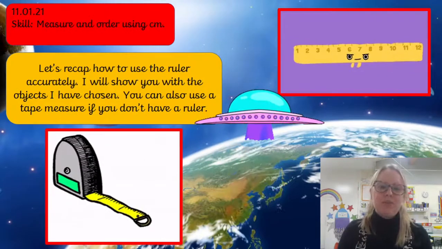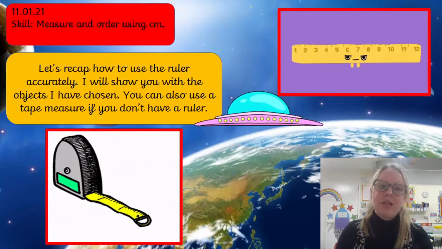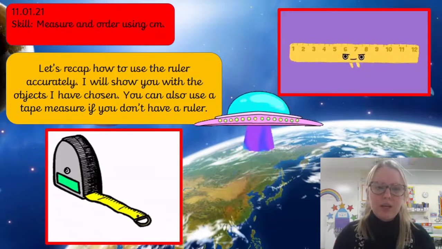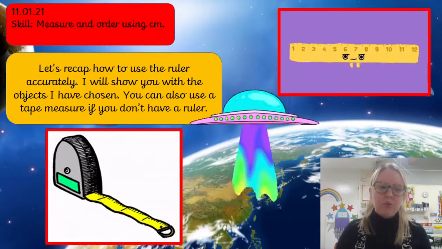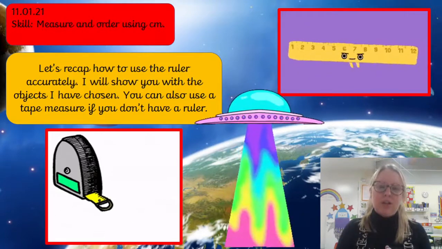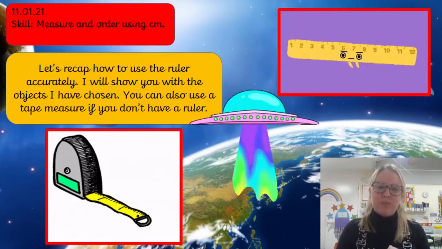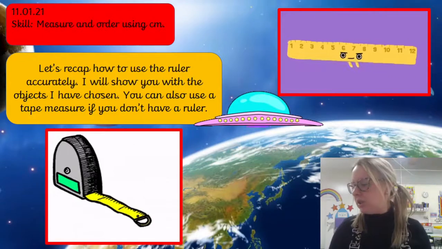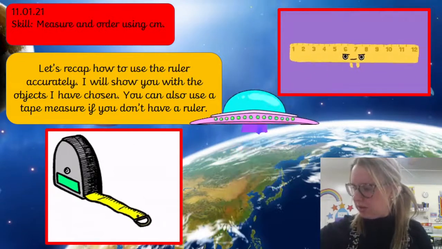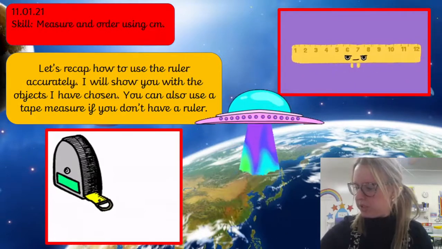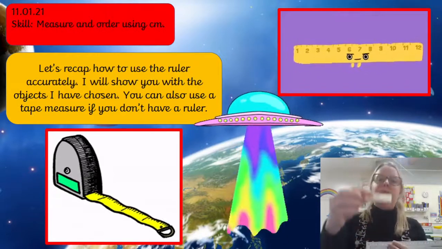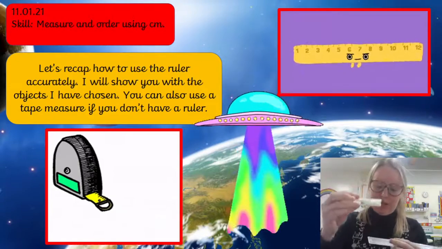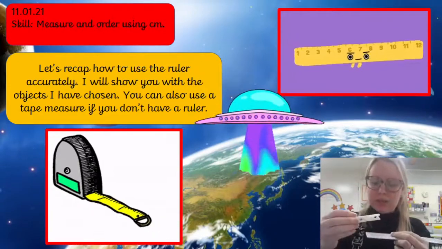Okay. So first, before you start, we're going to recap how to use the ruler accurately. So I will show you with the objects that I've chosen how to measure accurately. And remember, you can also use a tape measure too if you don't have a ruler. So I've chosen some objects here. So one of my objects is a peg. Okay, so I'm going to make sure that my